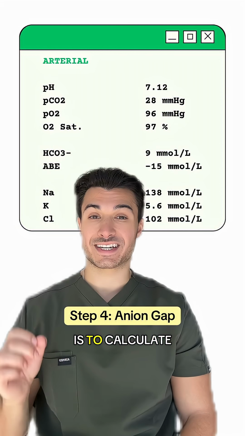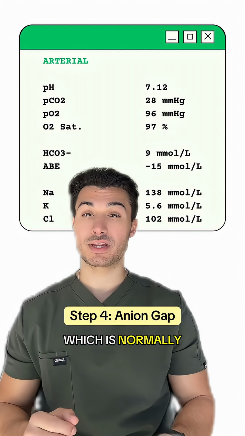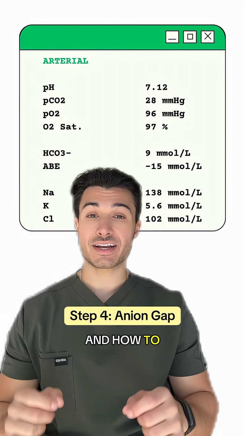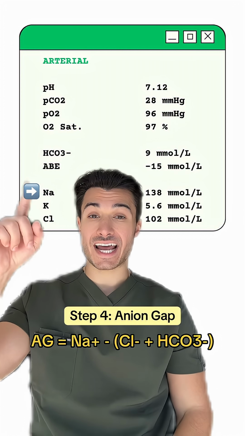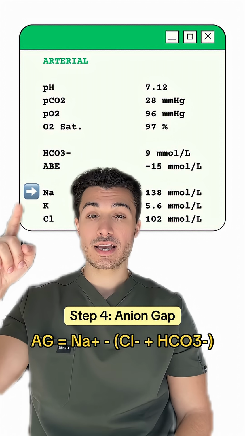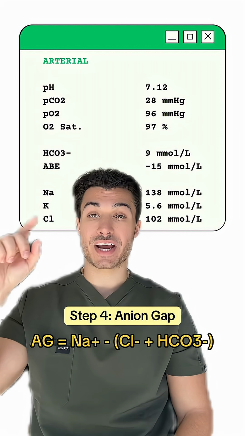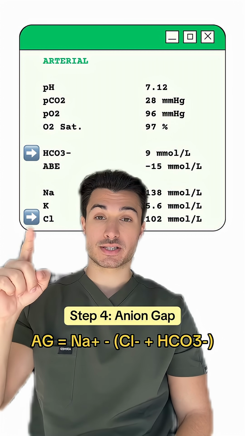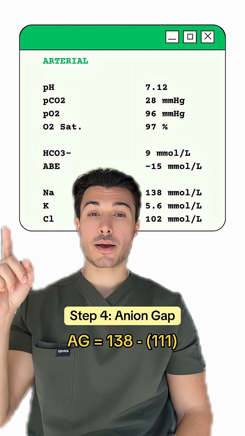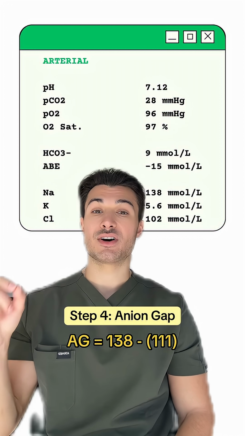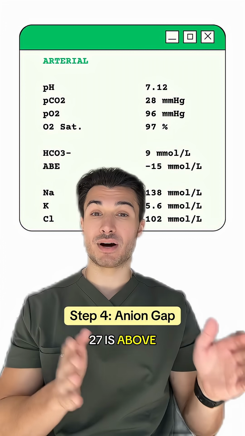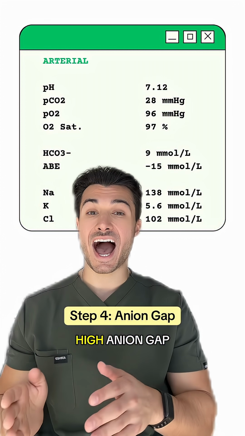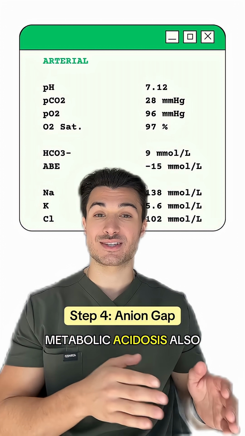Now, step four is to calculate the anion gap, which is normally between 8 to 12. And how to calculate the anion gap is you take your cation, which is your sodium, 138, and you subtract that from the sum of your anions, which is your bicarb plus your chloride. So if we take 138 minus 111, we have 27. 27 is above 8 to 12, so that's going to be a high anion gap metabolic acidosis, also known as